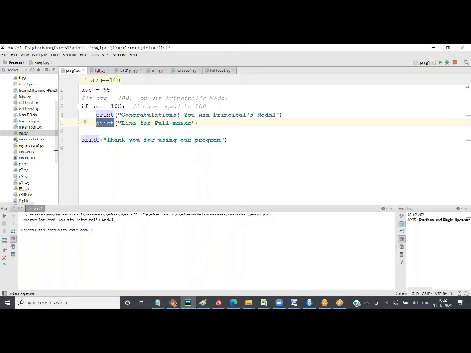Yes, 4 and 5. So the first thing we saw is that we have to give a space. You can give one space, 2 spaces, 10 spaces, it doesn't matter to Python. So we use tab. Now when you're writing the second line, for if, that becomes a starting point. I cannot give one space here and start this from here. This will be an error. The number of spaces that you give in the first line, the same number of spaces you have to give for the rest of the lines.